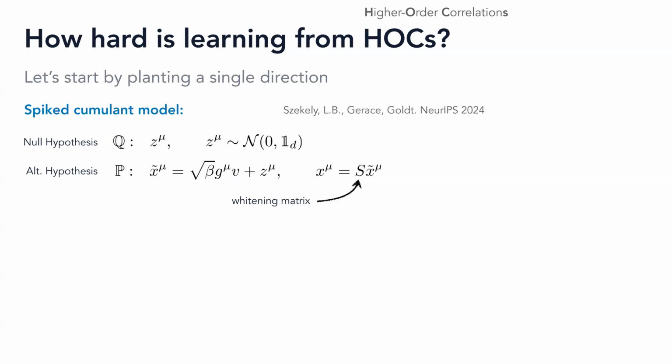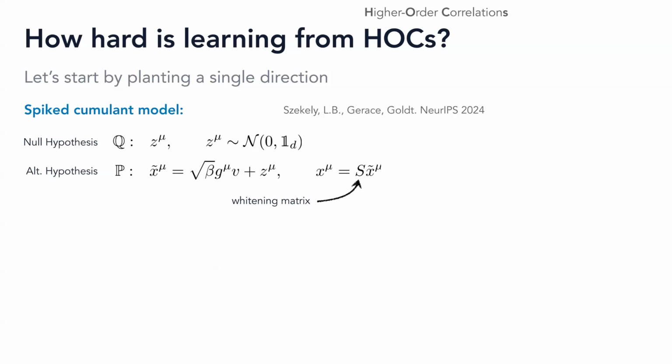Hypothesis testing means that you will receive a bunch of samples either from distribution Q or from distribution P. And you will have to use those samples to understand which of the two distributions they are coming from. Distribution Q is the simplest possible, it's just a Gaussian in d dimensions. Distribution P is still the Gaussian noise, but then we are adding a term. This is a non-Gaussian term. V is just a vector that's saying the direction. And G is a scalar non-Gaussian variable that will introduce the non-Gaussianity.